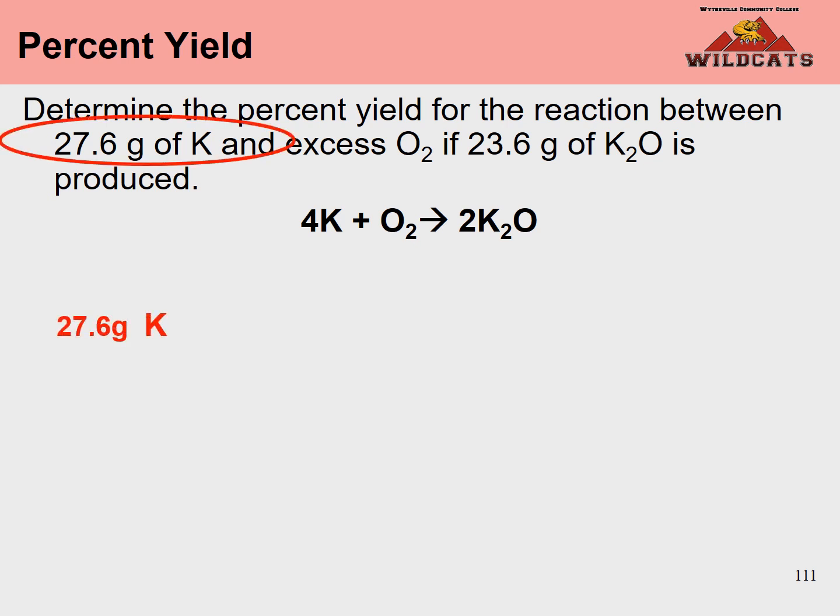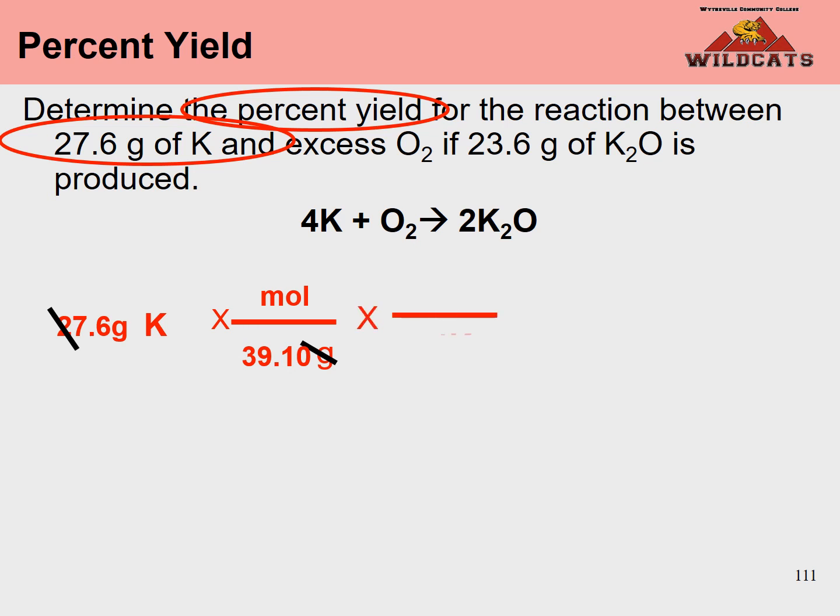So I'm going to start out with 27.6 grams of potassium. Get rid of the grams. Put moles on top. Mass of potassium is 39.10. We're looking for the percent yield. So what we're going to do is keep on going. I'm going to put 4K in the bottom, 2K2O on the top, because we want to know the theoretical yield and then we can calculate the percent